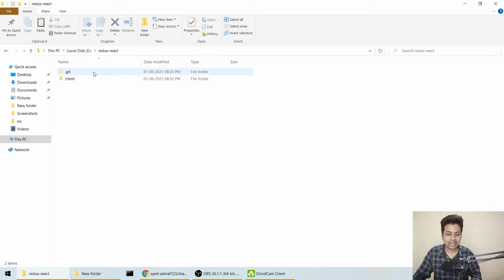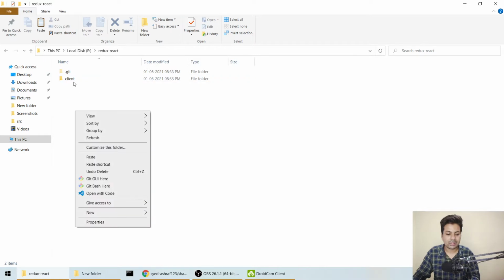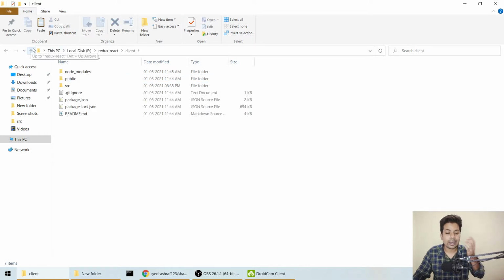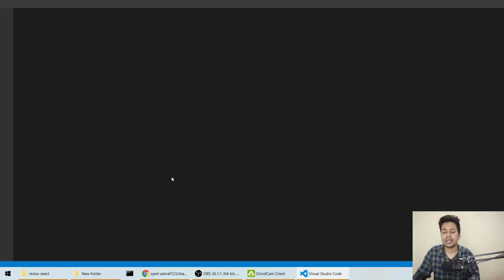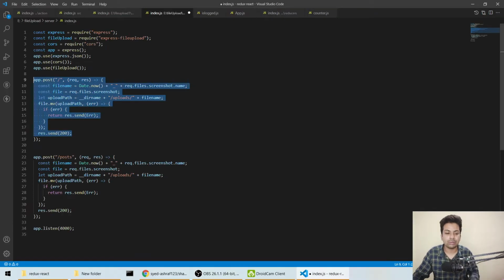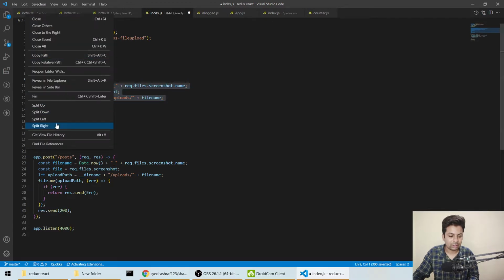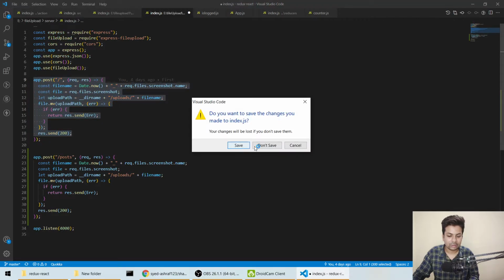So firstly, I'm in a folder. So here is my npm create react app, normal. Here firstly I'll make a normal demo.js where I'll tell you how this thing works. So let me close all the tabs. Don't save.